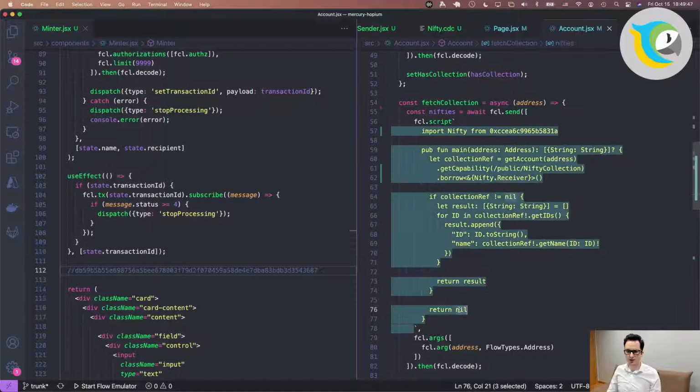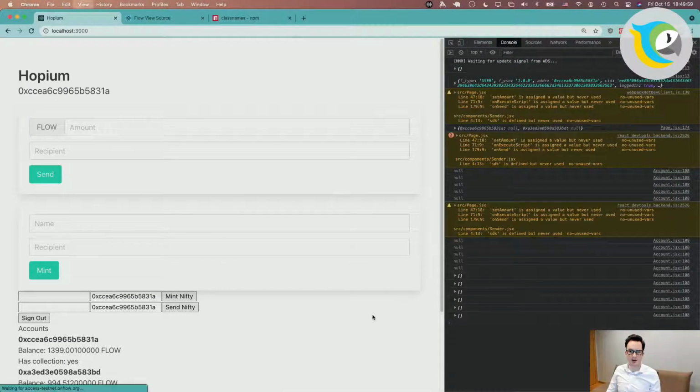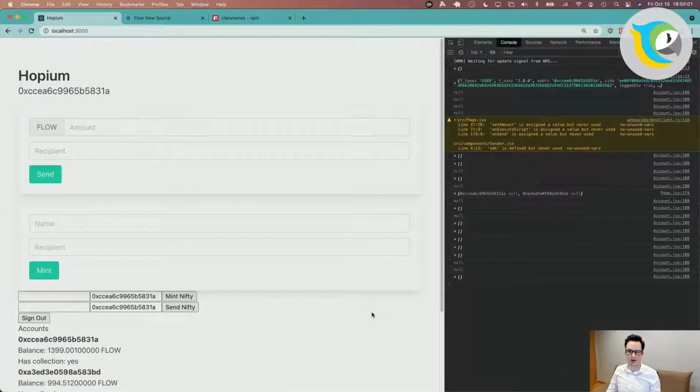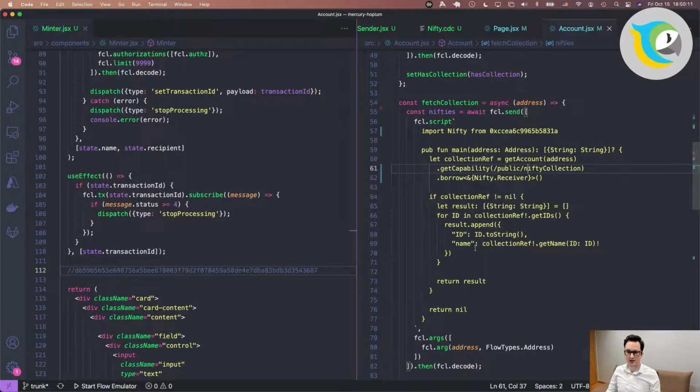It's returning nil if collection reference is not there. Oh, so nifty collection, lowercase n, I believe. Okay, now this is better. Instead of null, we have an empty array.